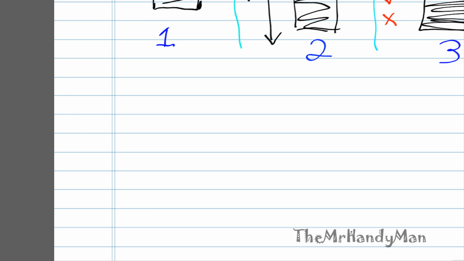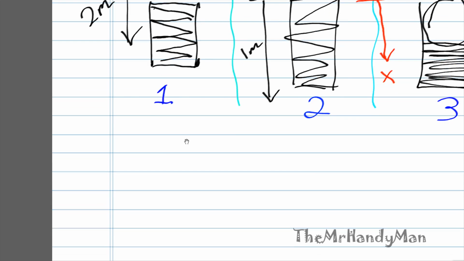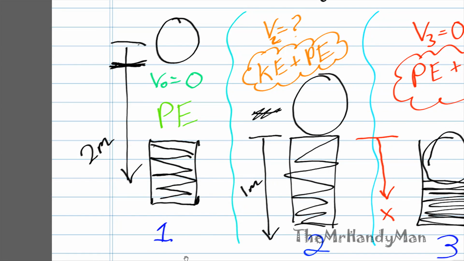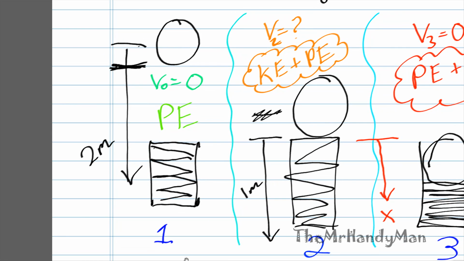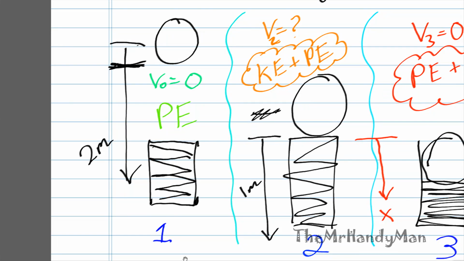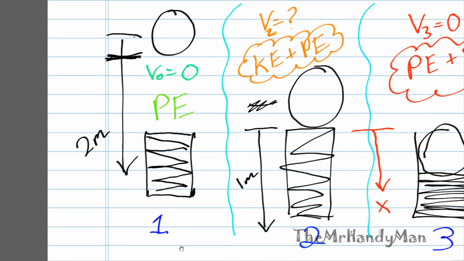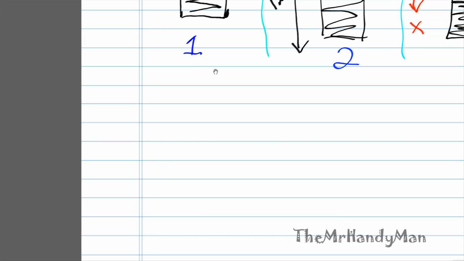Jumping right into the first situation, we know that in this situation the velocity is 0, so kinetic energy is not going to affect since there's no movement. And we know the spring is not being compressed, so the spring is not going to add any energy into this. So potential energy is all we need to worry about for situation 1. So let's just solve for potential energy. Situation 1. Since potential energy equals mgh,